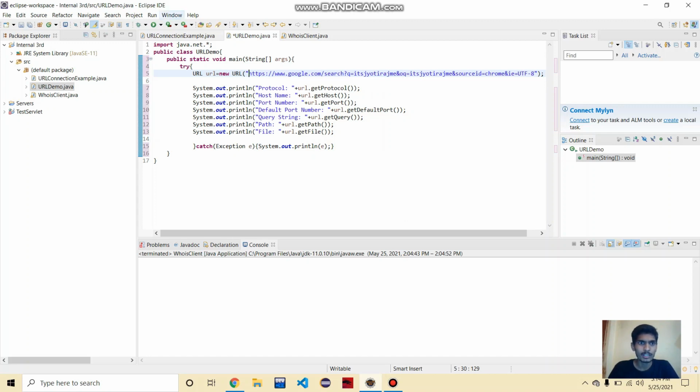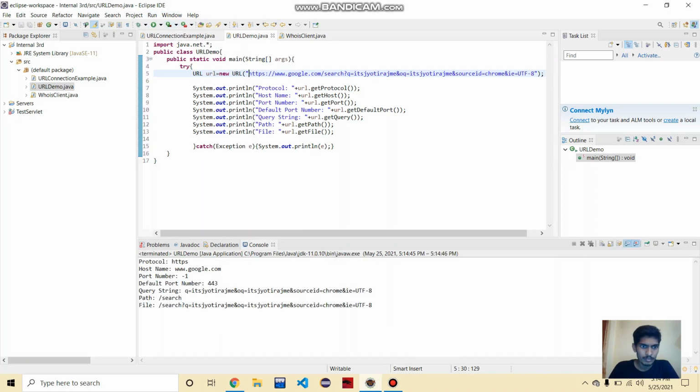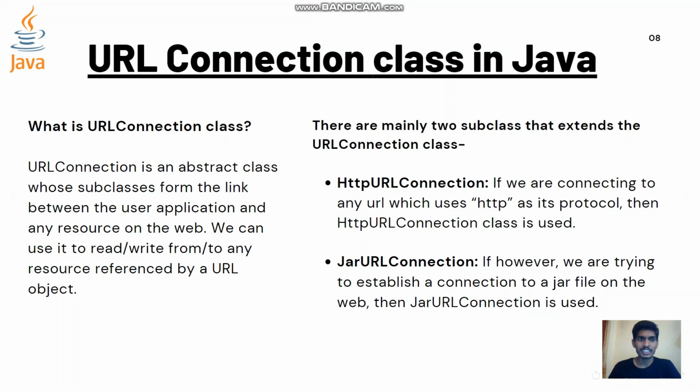Now let's run the program. The protocol uses HTTPS, hostname is www.google.com, port number is -1 as there is no port number mentioned in the URL.